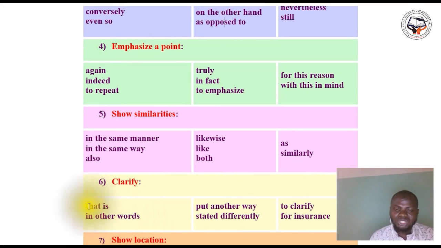These terms are generally used when you are dealing with a definition. That is to say, or in other words, are normally used when you are dealing with the definition of a given point.